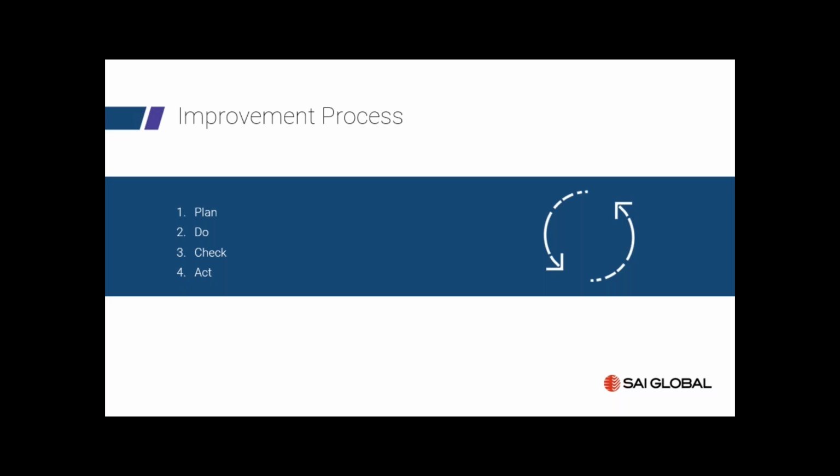This particular slide talks to the plan, do, check, act model, and essentially every process that's done relies on this. There's the planning, or thinking about what needs to be done, implementing it, measuring its effectiveness, seeing where there might be gaps or room for improvement, then acting to put that improvement in place. Doing that continually will ensure that you have improvement through the life cycle of your business management system.